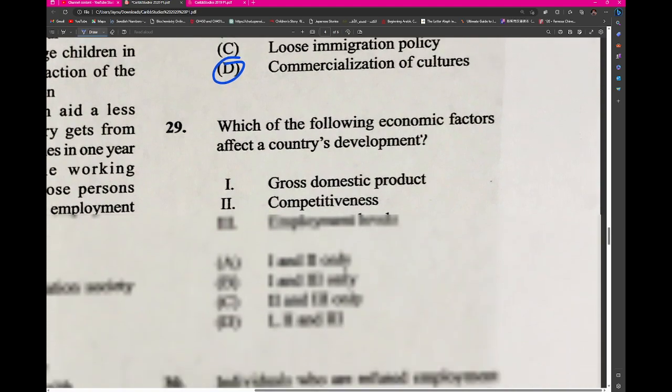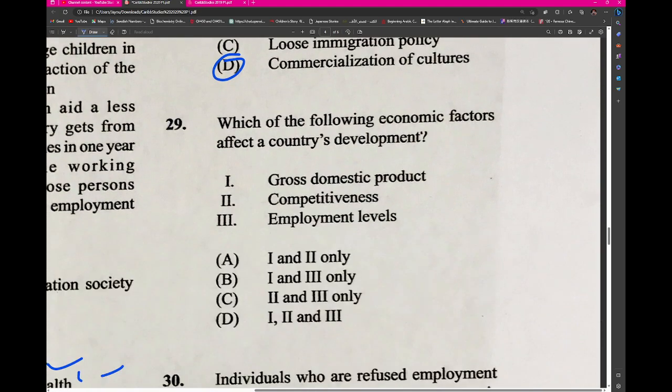Commercialization of cultures. Which of the following economic factors affects a country's development? I think it would be all of them. Oh wait,